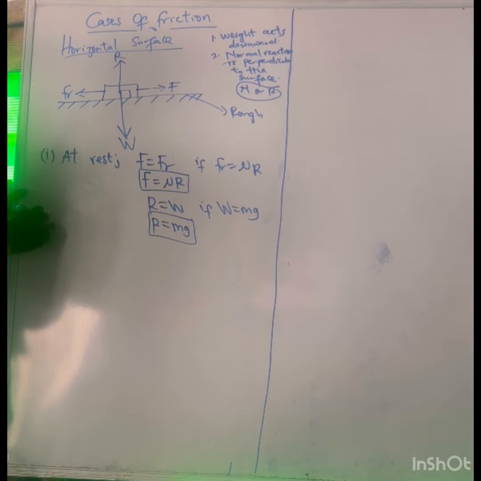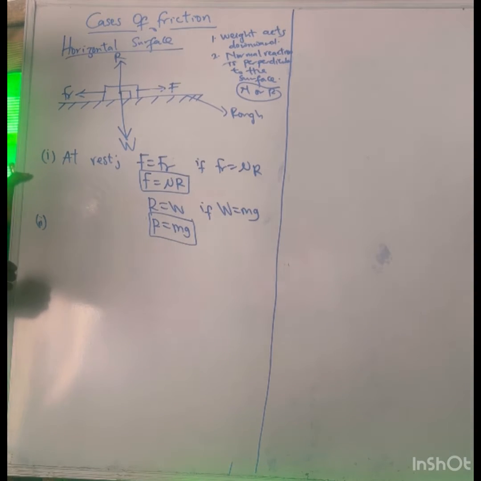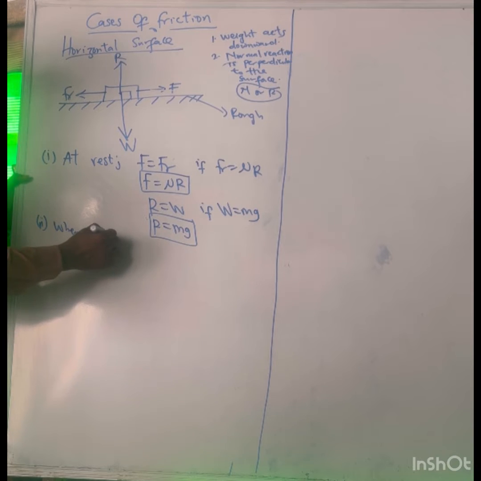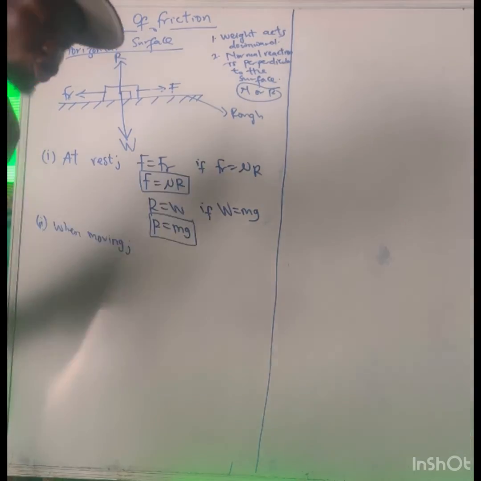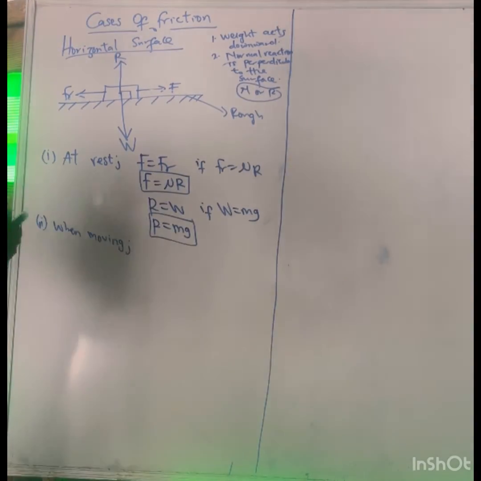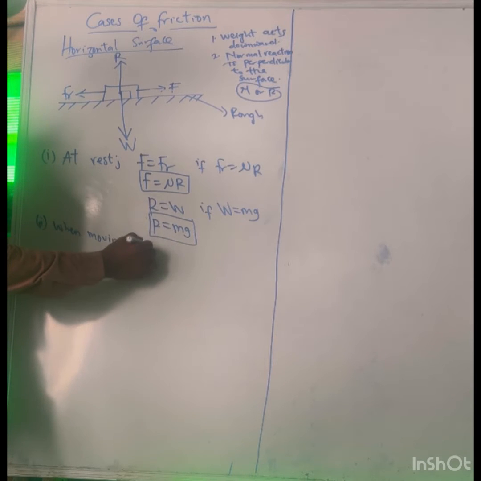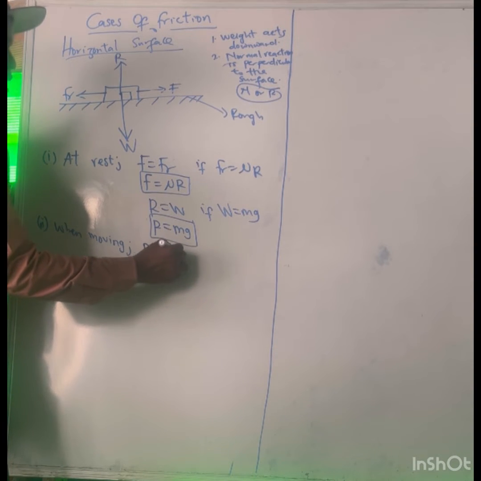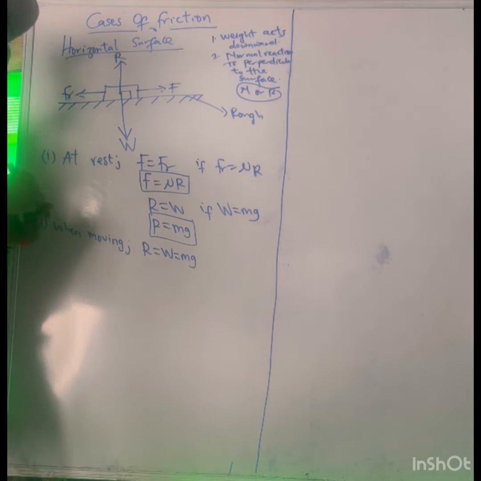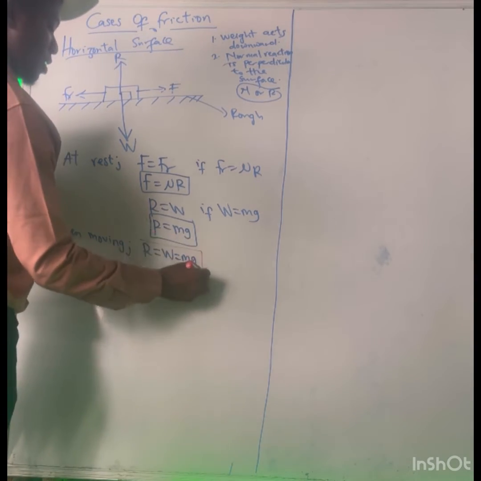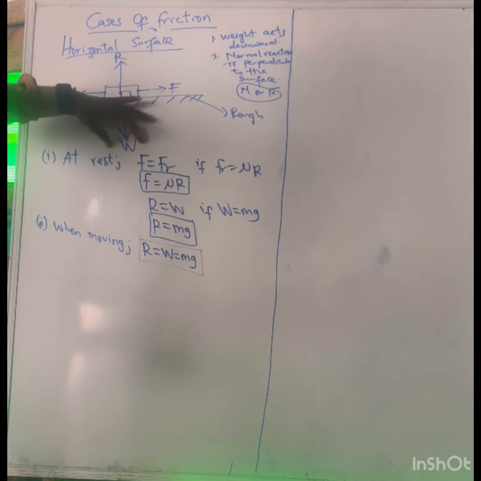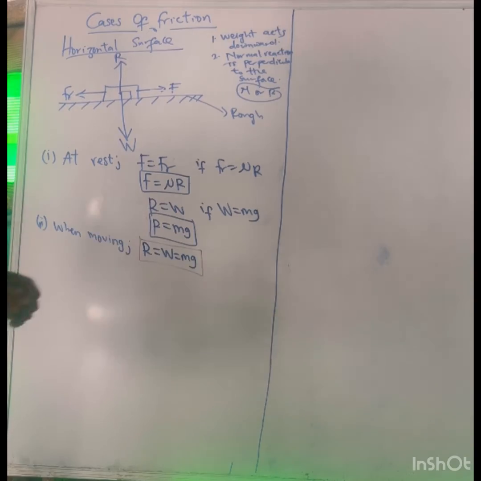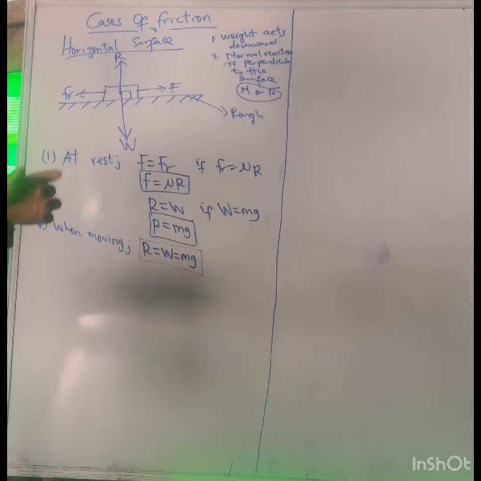So therefore, guys, the next thing I can talk about is when the object is moving. When the object is moving in a horizontal direction, you also have to know that the upward equals the downward. R is still equal to W, and that's equal to what? Mg. When it is still moving, the vertical, the upward will still equal the downward. But the only thing that's going to differ now is this horizontal force,